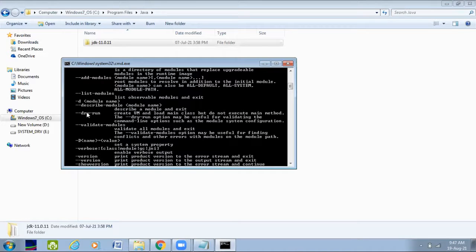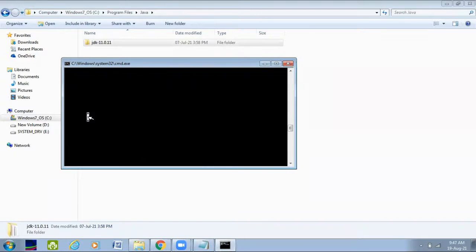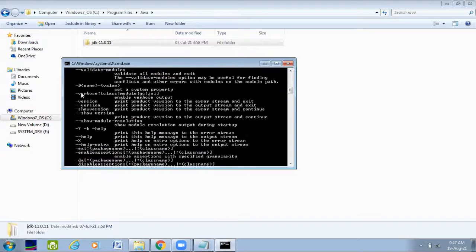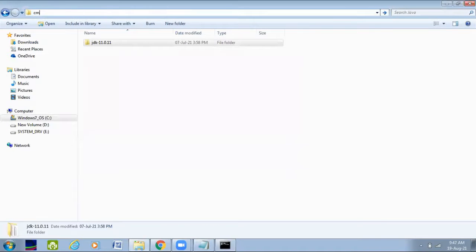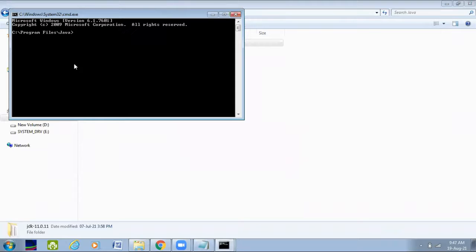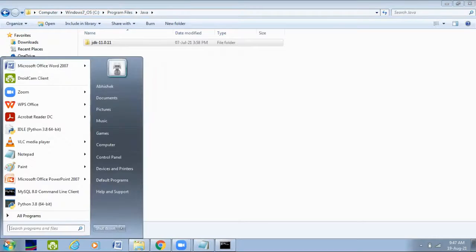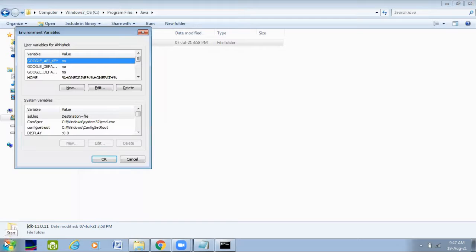If it shows some kind of error that Java is not detectable or something, then I'll suggest you to do this. Either you can invoke CMD from this address only, the Program Files Java folder, or to come out of this problem, I'll suggest you to search for environment variables.